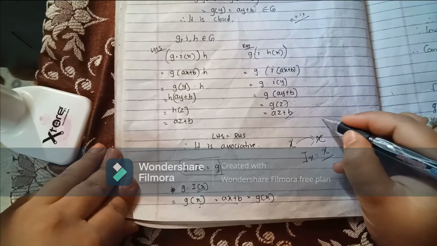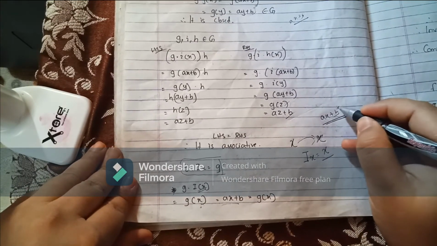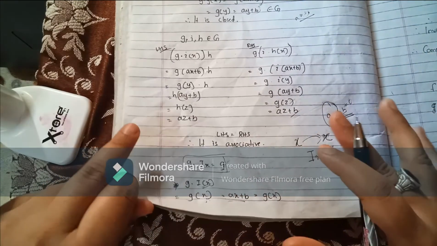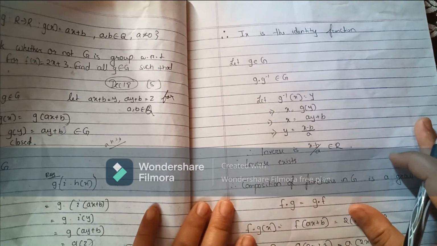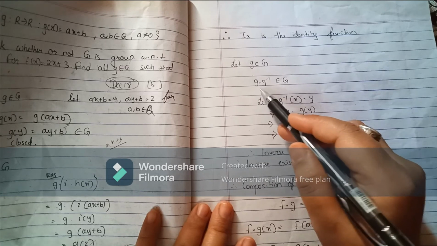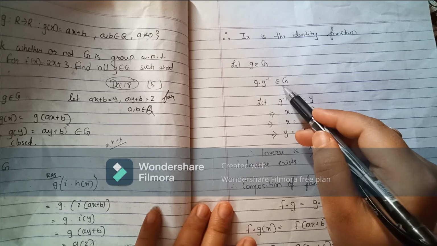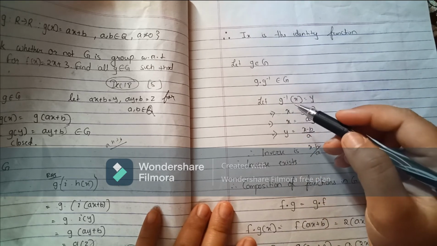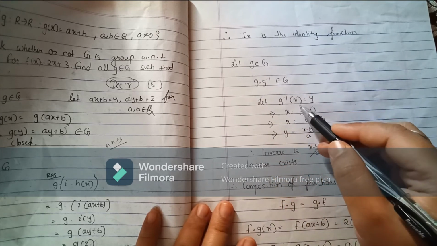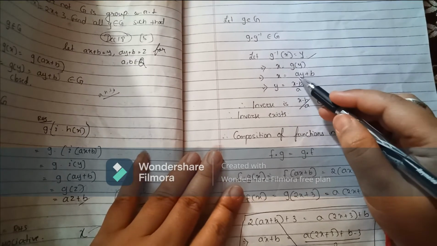One more thing, the function is saying this is the format, right? So if we take b as 0 and a as 1, then we get x. It is so simple. So now we have to find the inverse. So let g belong to capital G, so g inverse of g also belongs to capital G, because G is a set. So let g inverse of x equal y. So x equals g of y. So we can put ay plus b.